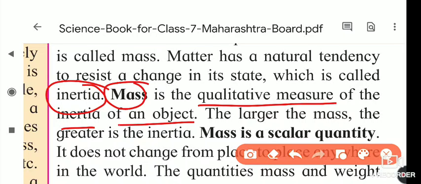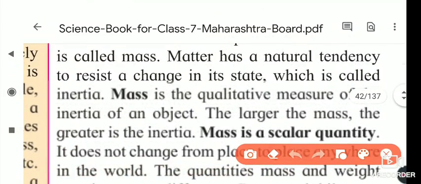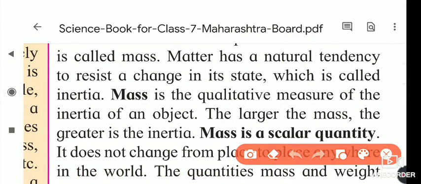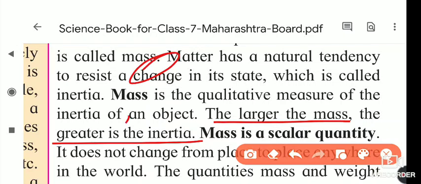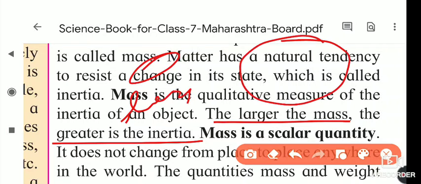If we take the example of that murmura (puffed rice), when we blow it, it can easily change its place and move from one place to another. But if you take a 1 kg stone and just blow on it, can it change its place? No, it cannot. Why is this? Because the larger the mass, greater is the inertia. The murmura's weight is very small compared to the 1 kg stone, so when we blow it, it changes its place, but the stone does not.